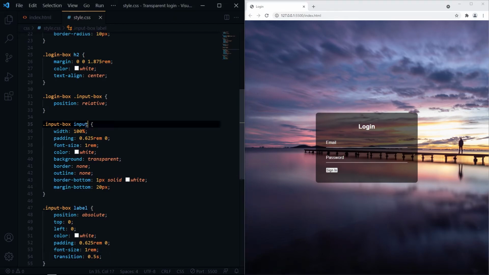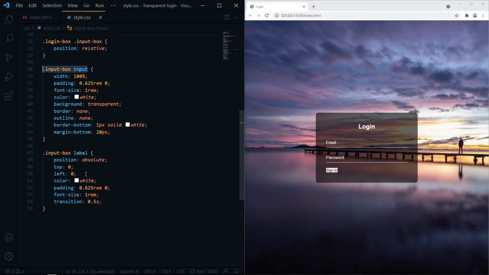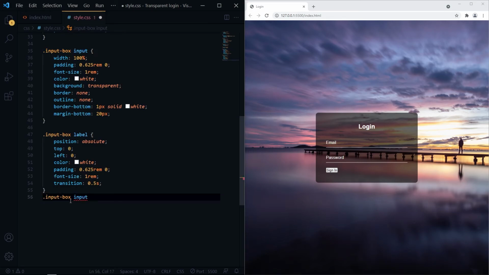And now when the input is in focus or active or has value, we need to transform the placeholder to the top and reduce the font size.